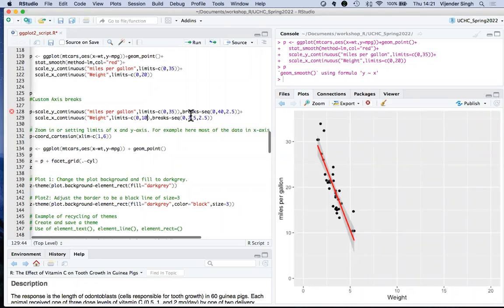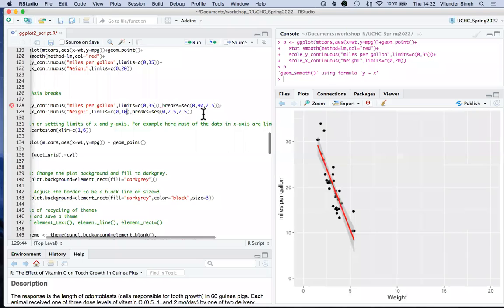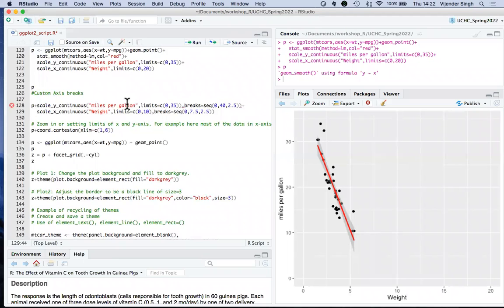And so the X-axis I want from 0 to 10, because for 15 and 20 there is no data in there. There is no point having that. And the breaks I want exactly the same. I can have different breaks across them if I want to, but right now I'm having the same. So I'm trying to figure out what mistake I made